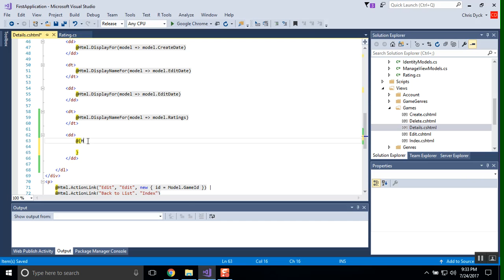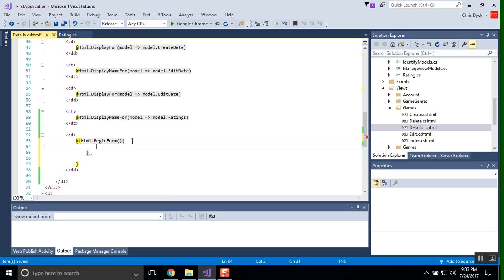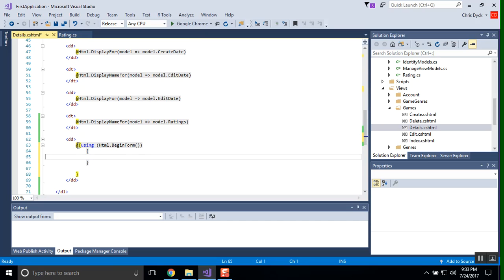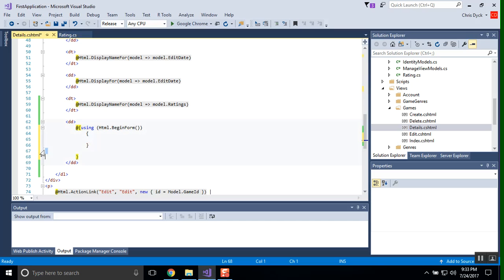So we're going to do HTML dot begin form. Okay, and our form right now, I'm just going to keep it very simple. Okay, and in fact, this should be using. Okay, and there we go. That's better. Okay. Now, with our begin form, what we're after is we're going to start encapsulating a bunch of things, controls